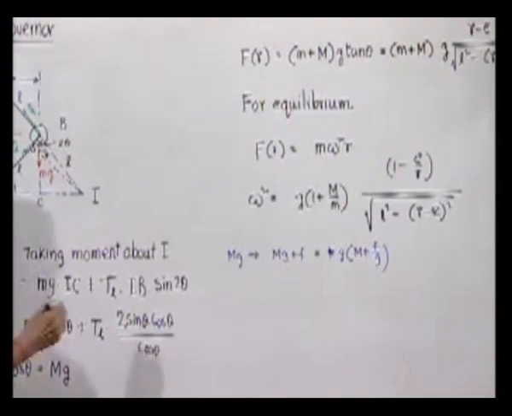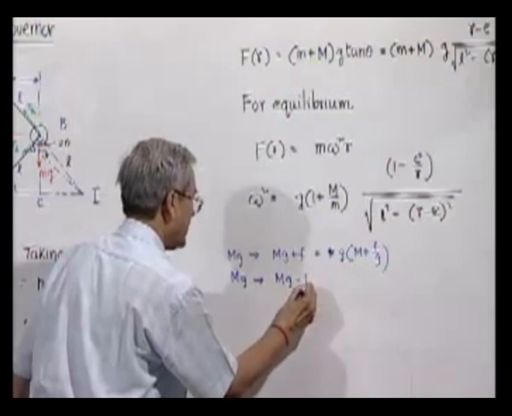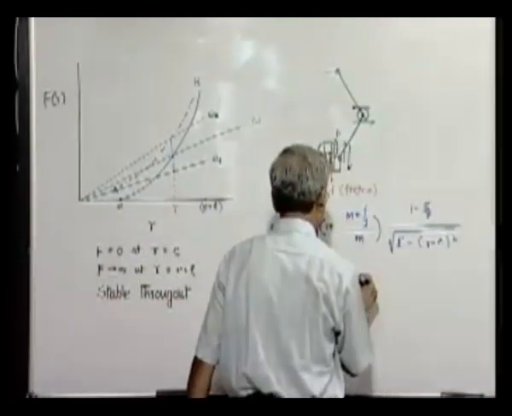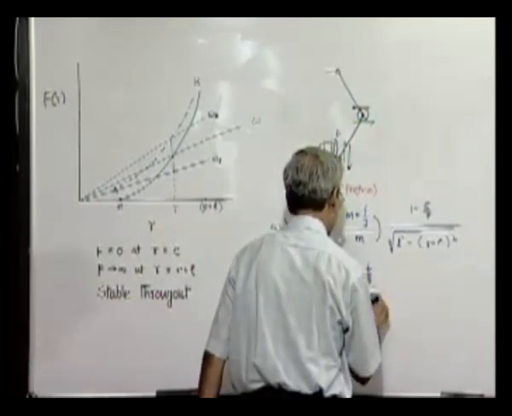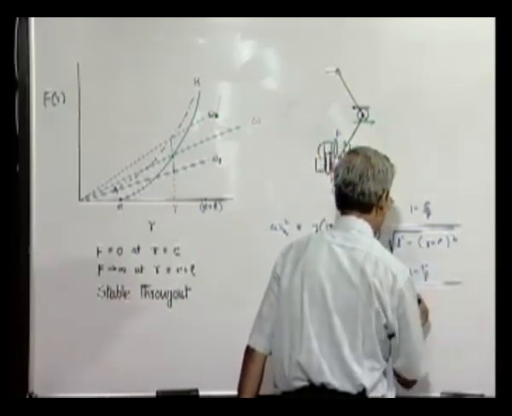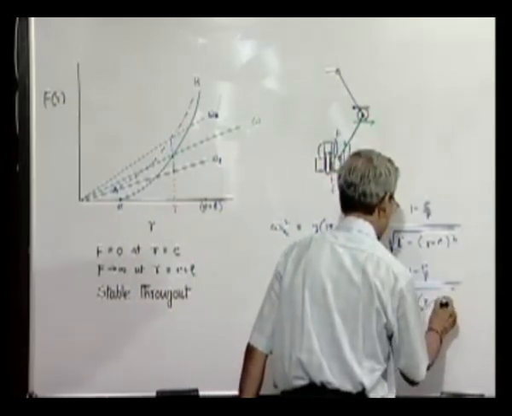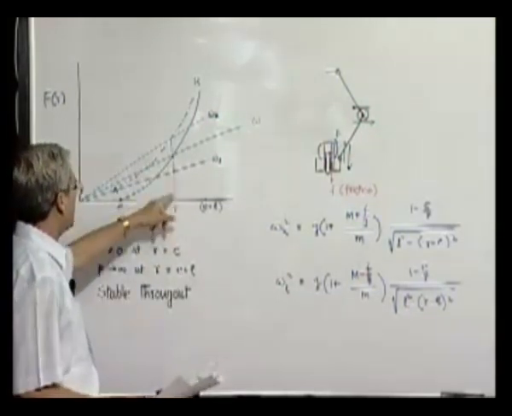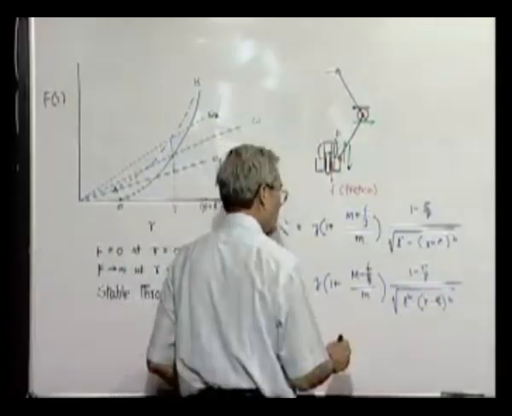Similarly, when mg is replaced by mg minus f, when speed is decreasing and the sleeve is going in the downward direction, then m will be replaced by m minus f by g. So, we get the upper and lower speed limit at a particular operating radius, and what we can do, therefore,